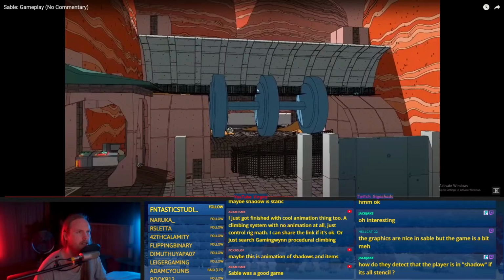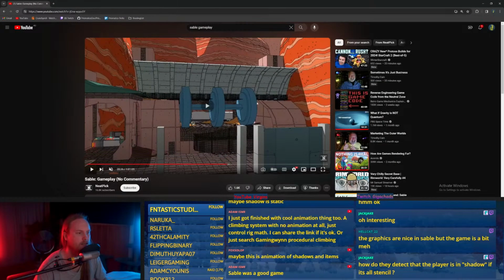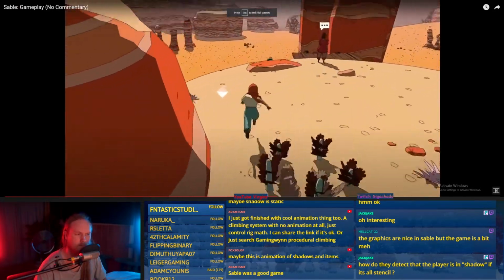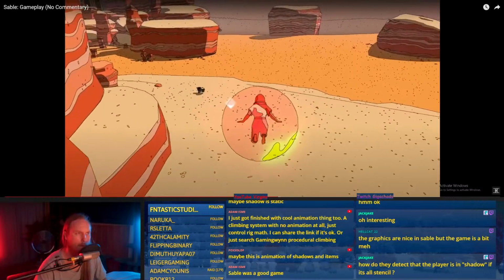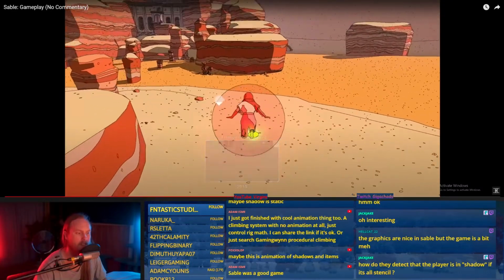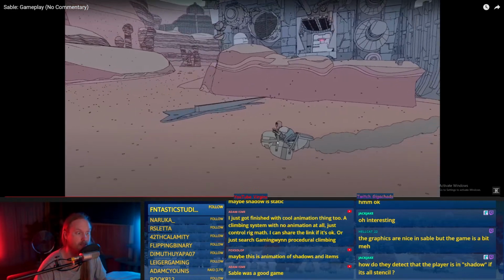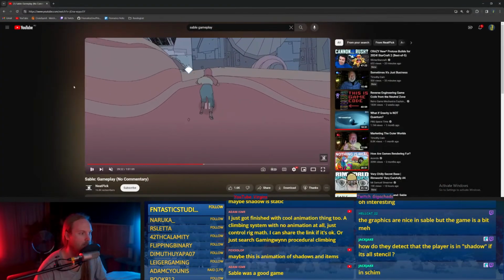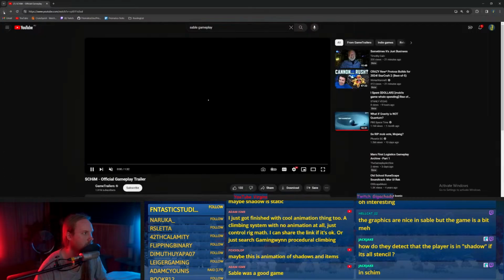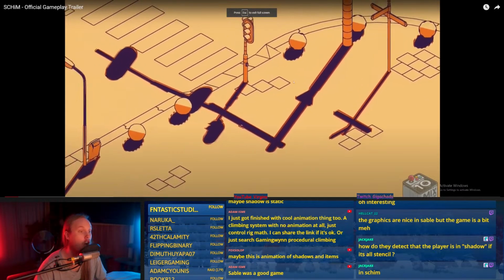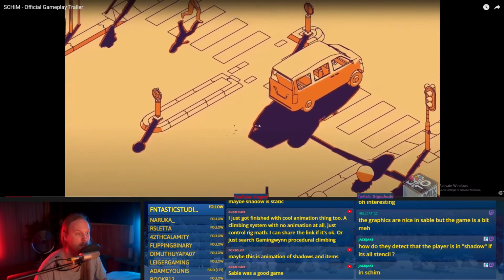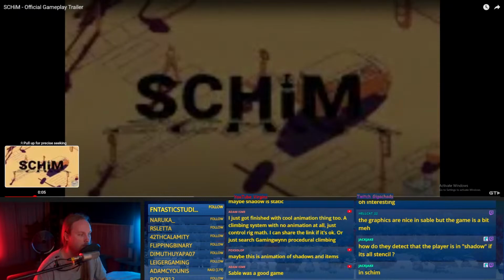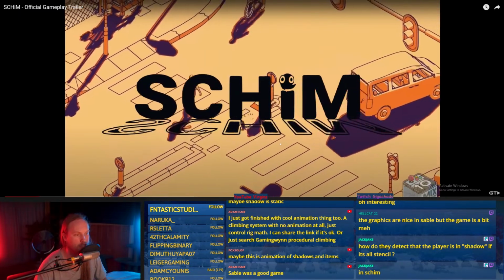How do they detect that the player's in shadow if it's all stencil? Do you mean in this game? Because it looks like it's all post-process. Let's see. Oh, you mean for the gameplay side of it? Yeah, it'd just be a line trace. So it's not actually doing any GPU reading.